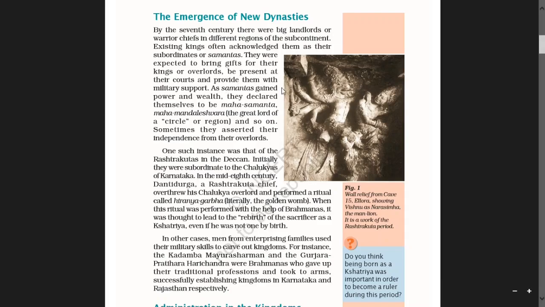As samantas gained power and wealth, they declared themselves to be Mahasamanta. See, boys, samantas were made by the king.